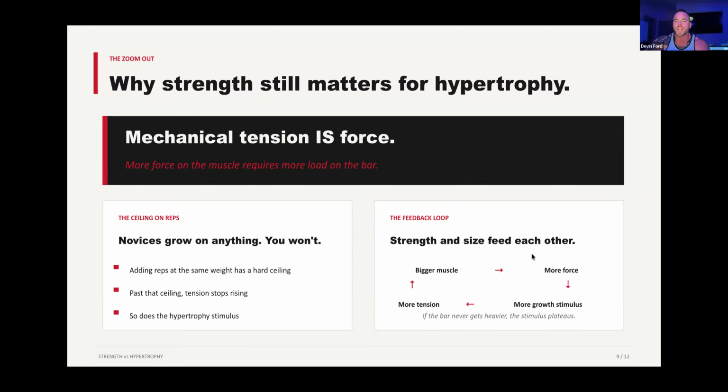So if you're just applying the same force and the muscle doesn't grow and doesn't have more force or more tension, it won't grow, okay? So the more muscle that you have, the more force you can apply. The more force you apply, the more growth. The more growth, the more tension, and so on. It repeats. Okay. This is why the strength work is designed the way that it is, which is why the weight going up is always the next step. Okay. We can stay at the same weight for like a week or two and try to increase reps.